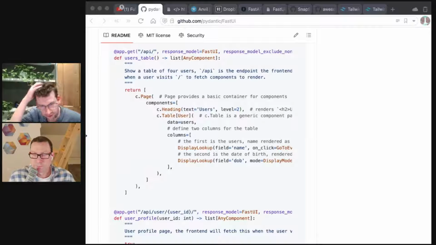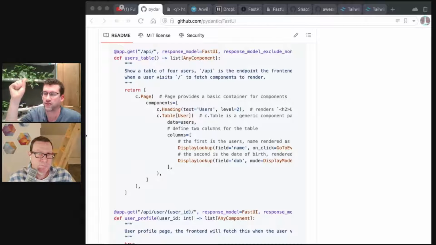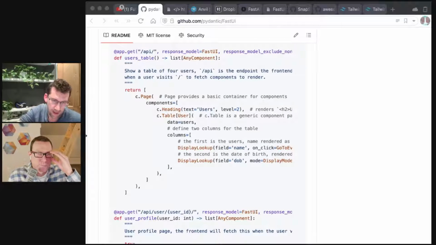I think just to come back to the top to how we do these views, the most simple thing FastUI's React app does is it basically takes whatever URL you go to. So in this case, you might go to the base URL, and it prepends /API and makes a request to that endpoint to basically say, what should I render? And it gets back, here, a list of Pydantic models. All that FastUI is really doing is taking that list of Pydantic models and calling model dump JSON on it to get the JSON that we return to the front end.